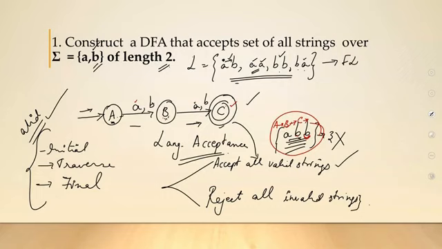I am now in C. As per the string, I have to encounter another B, but my automaton doesn't tell me after my first two characters where should I go. The automaton which I have constructed just now does not tell me for the third B or for the next B where should I go. Now, in DFA, such things, your invalid things, they are denoted by a state called